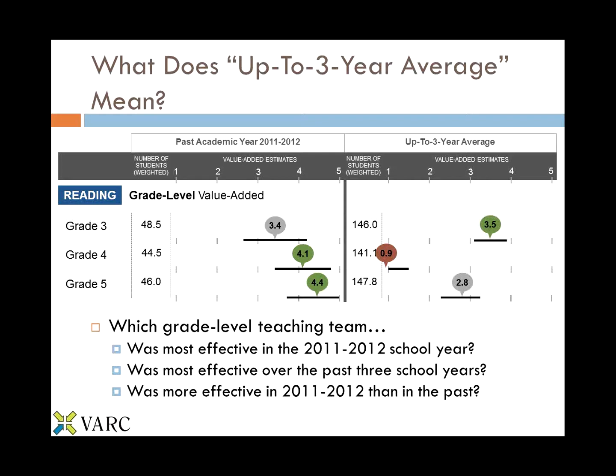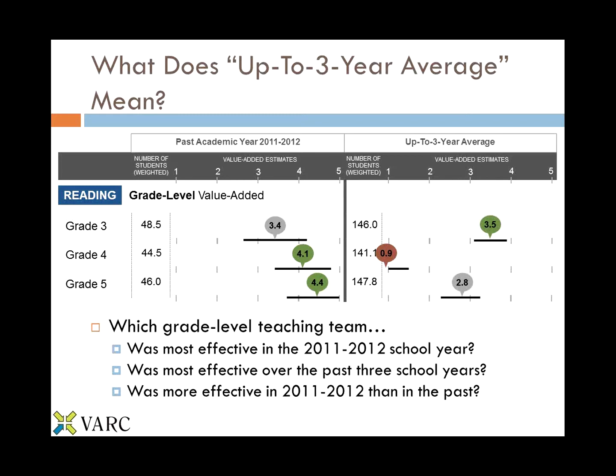Now, conveniently, they had one grade level and three questions, so that does work out. That's right. So if we look at the 4th grade teaching team over this 3-year average, it looks like it was really below average performance here. The red color code means that growth with these kids was far below average. If we look over the 09-10, 10-11, and 11-12 cohorts, overall we're seeing really low growth of